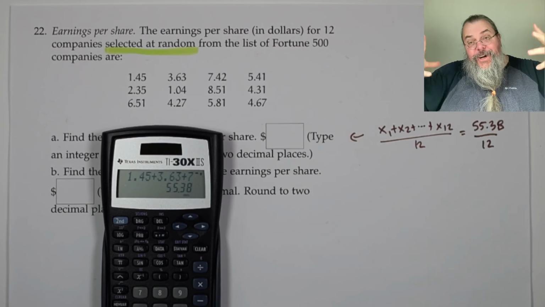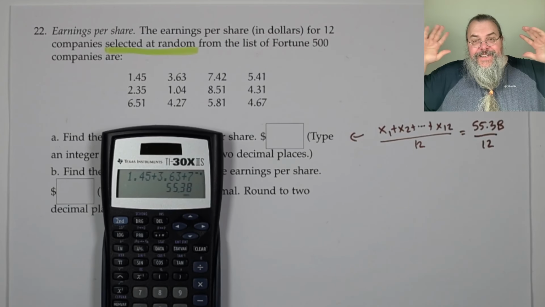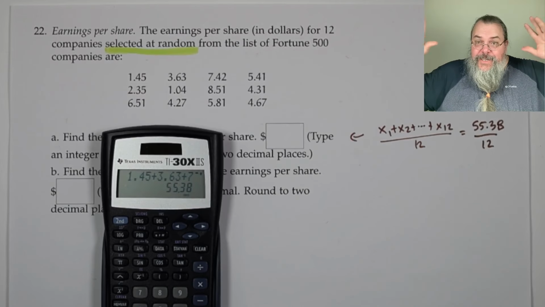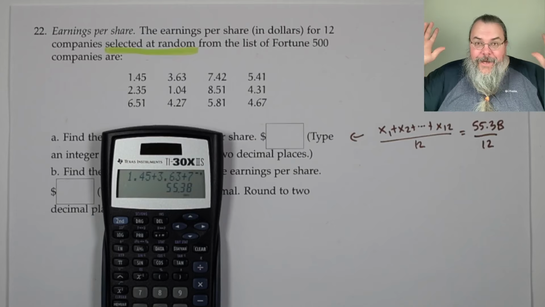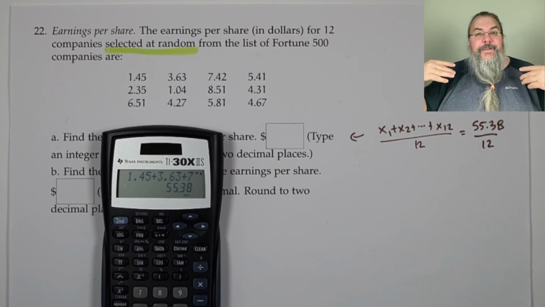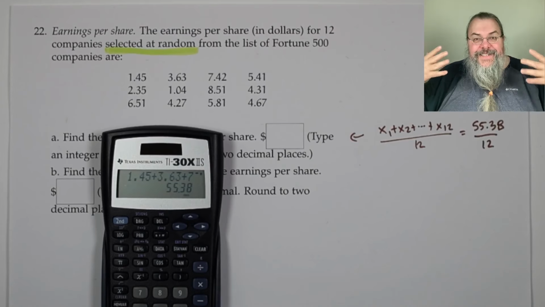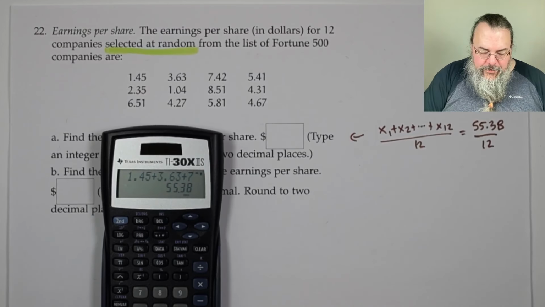So I strongly encourage you, save part B till the end or when you have lots of mental energy and want to do it. It's going to be the hardest thing, not because it's hard, just because it's going to require a lot of computation. Okay, so 55.38 divided by 12 equals